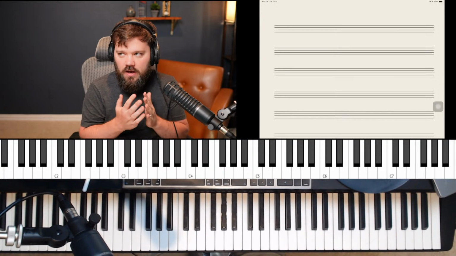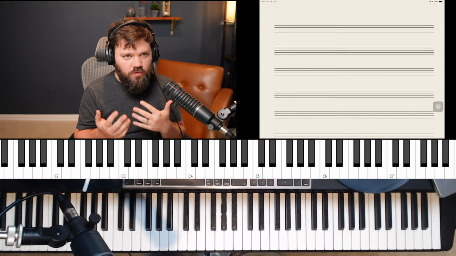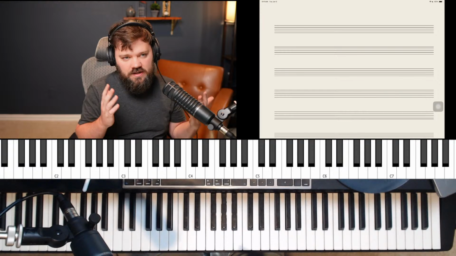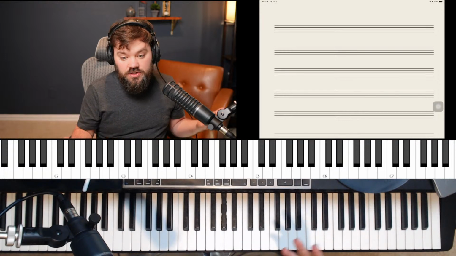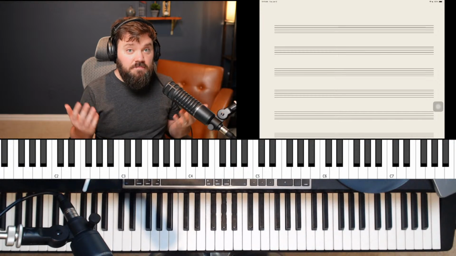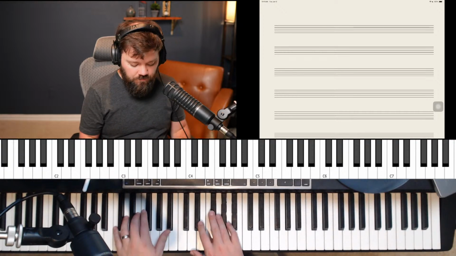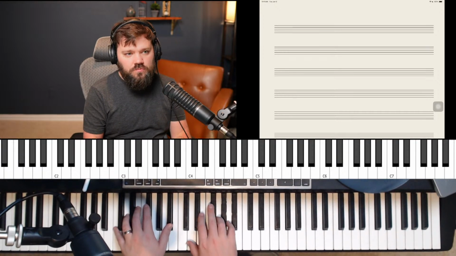And you may have heard these before. You may have opened up a book where it has these listed out. Usually if we're talking about upper structure triads, we're talking about the major chords that you can put on top of dominant chords, right? And so for this first one, we have,